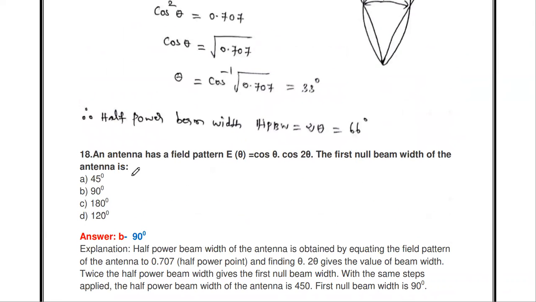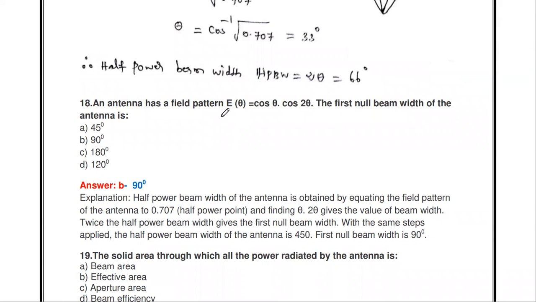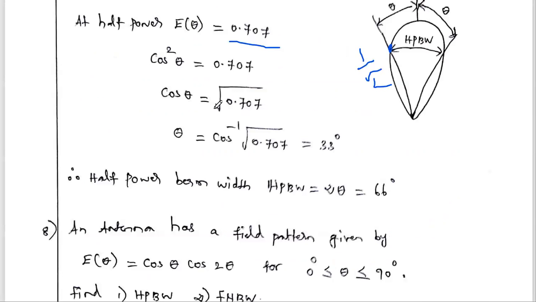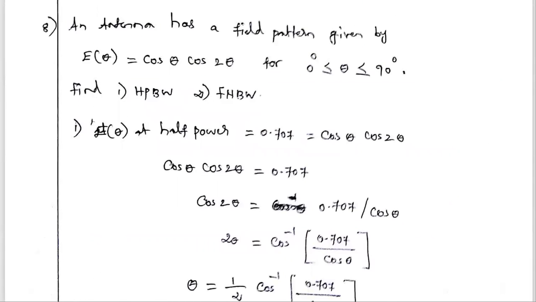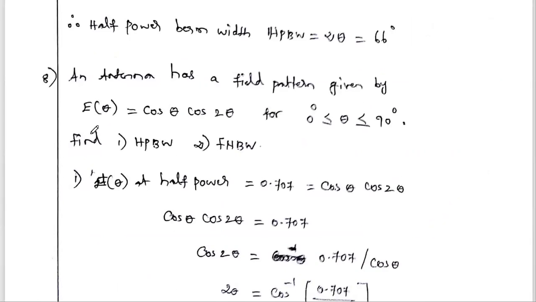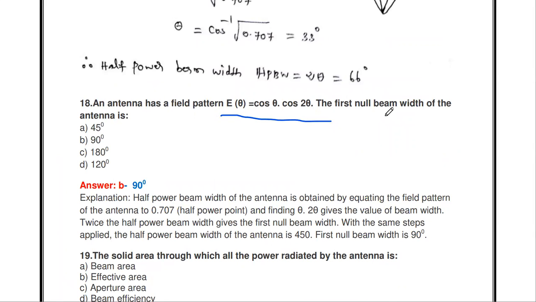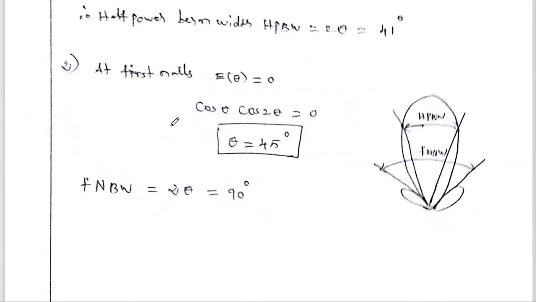Okay. Then the next question. The antenna has a field pattern of E of theta equal to cos theta cos 2 theta. The first null beamwidth of the antenna is, okay, the first null beamwidth of the antenna, we have to calculate similarly. So here E of theta equals cos theta cos 2 theta. So the question is that here we have to find out the first null beamwidth. In order to calculate this first null beamwidth,